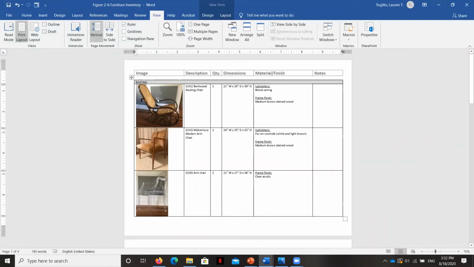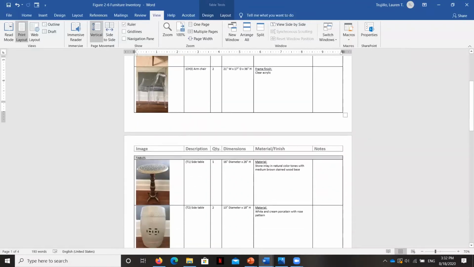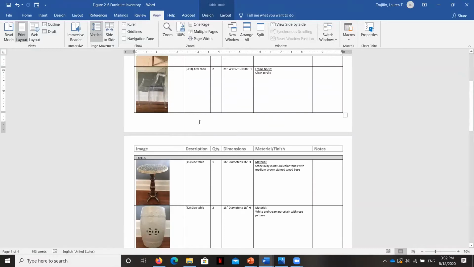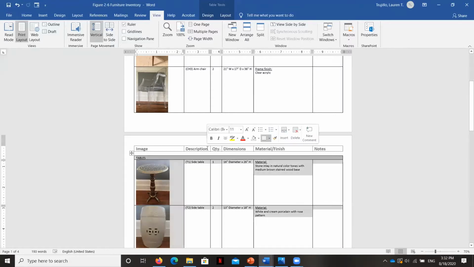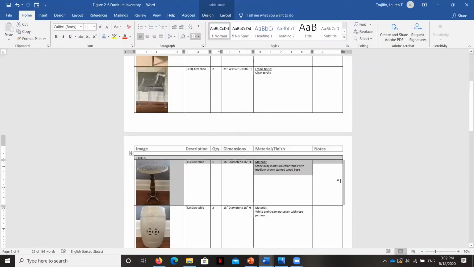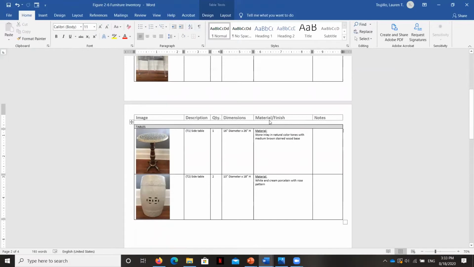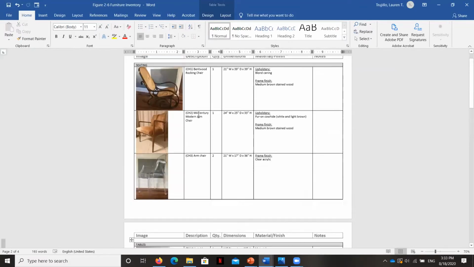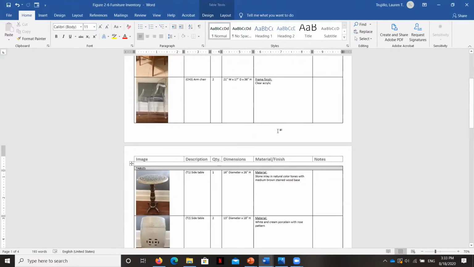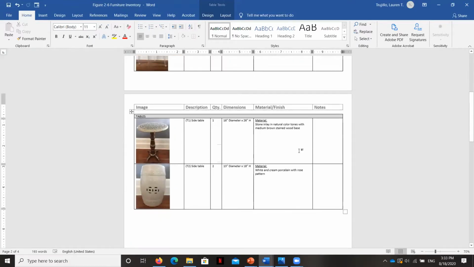You can see here I've got the seating first, then after that tables, and there's a break between pages so that it's not confusing. I actually have put the headings for the table in the header of the document so that they will repeat on each page. That allows us to have the information right at our fingertips instead of having to scroll up and see the description of the columns and rows on each page.